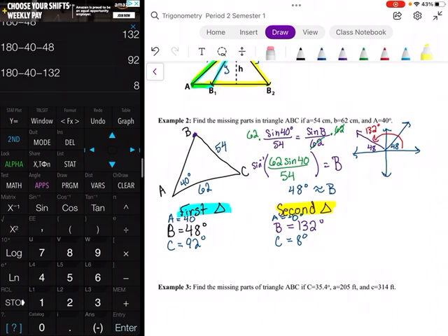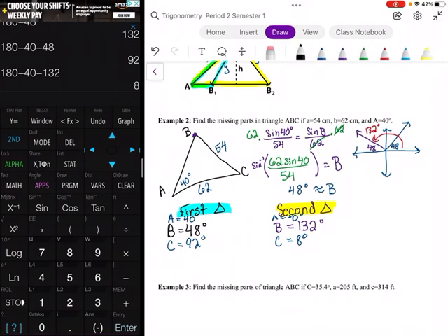And then the last part we would need to do is find the last side length in both of these triangles with the information that is given to us. So why don't you pause it and try to find side length C in triangle 1 and in triangle 2. And then once you have your answers, you can press play to see if you got it correct. Okay,